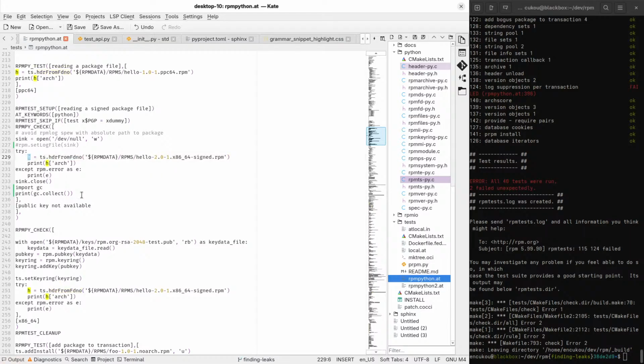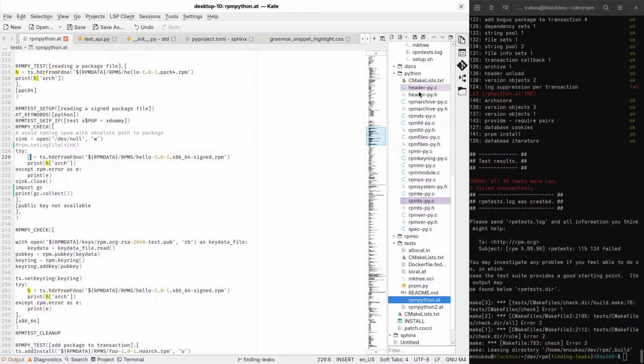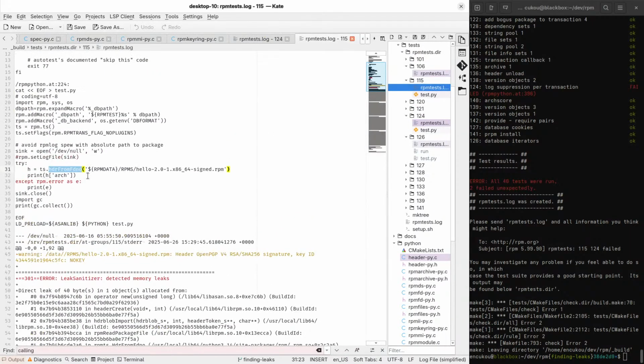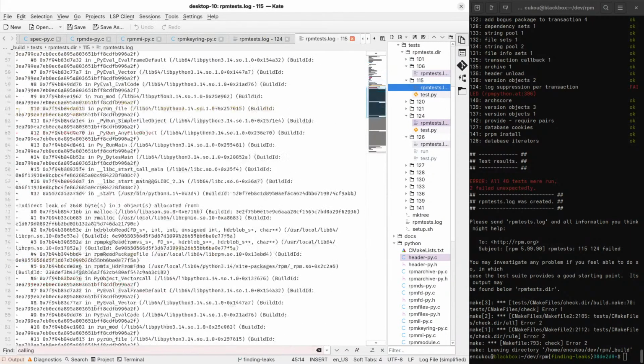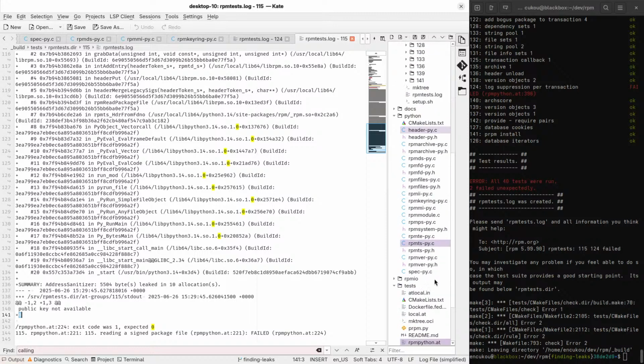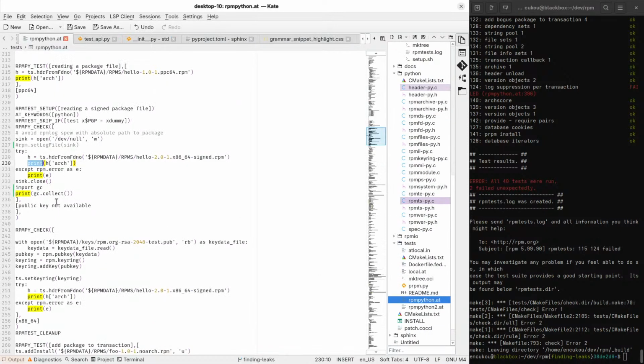What is this H? Is this ever printed? So warning. There's the 0. Oh, there might be some expected output. It should be the test, right? Public key not available. Oh, there should be an error.